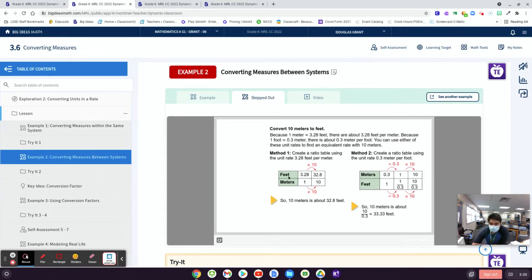Now, it seems like this would be the easier option, and I think it is the easier option to do it this way, because the numbers here don't look very nice. So you can pick and choose which ratio to work with, if it's the ratio from feet to meters or the ratio from meters to feet. And again, I think this is a little bit easier to work with. Okay,